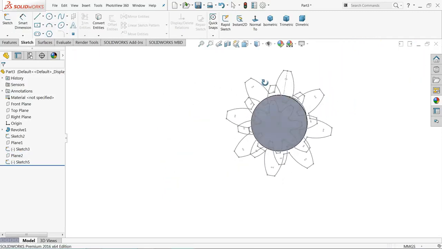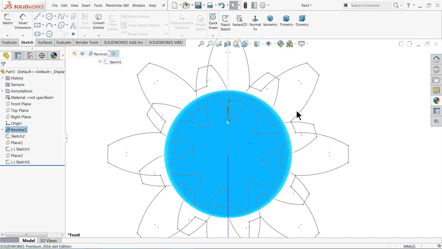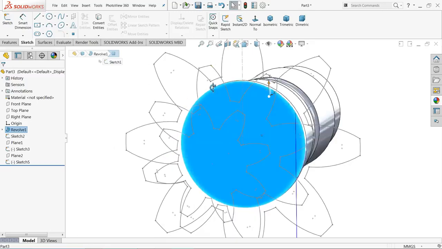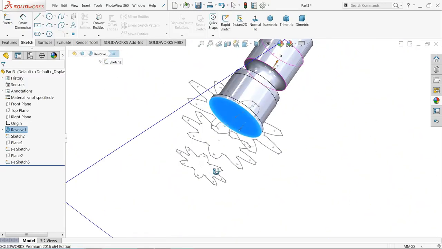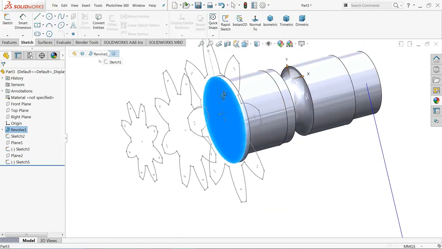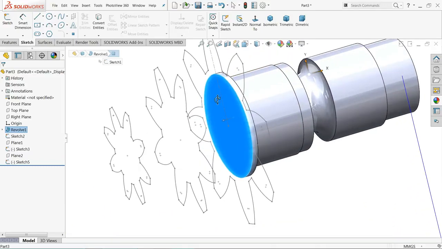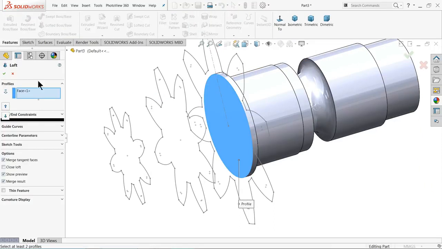Now see, I'll select this face, normal view. See, it's all going in another directions. It's time to use lofted boss base command.